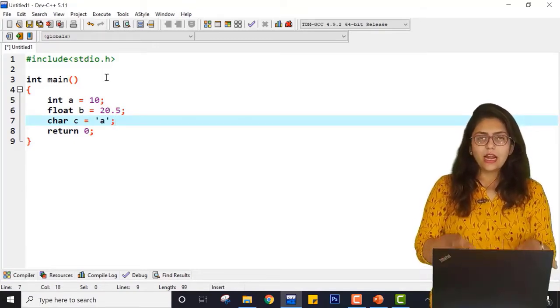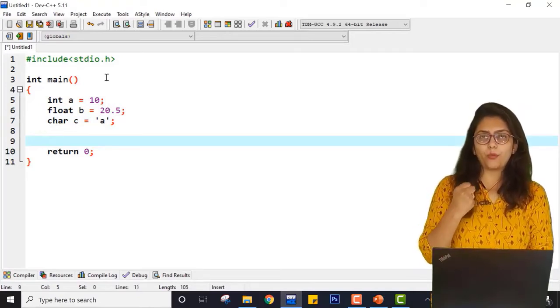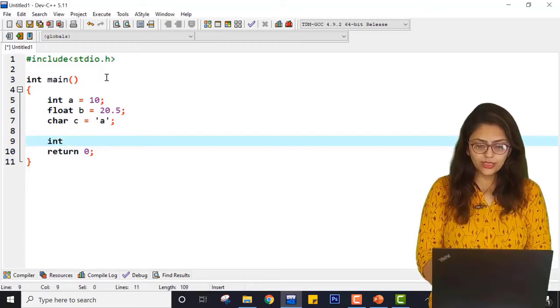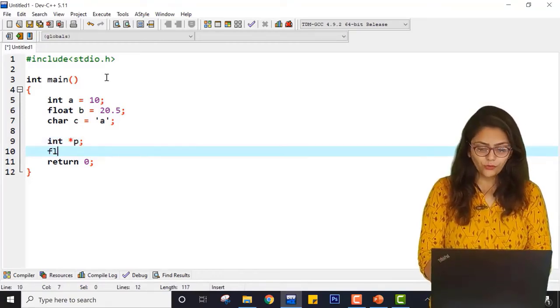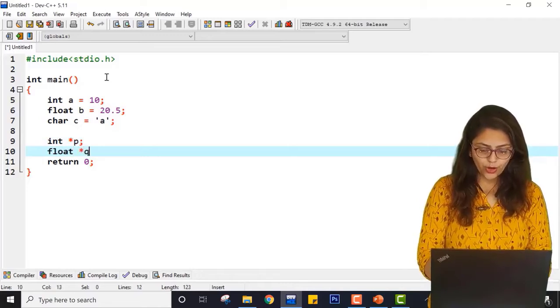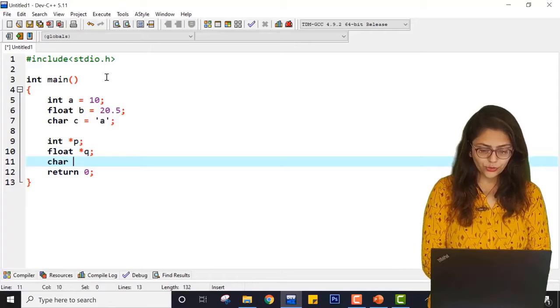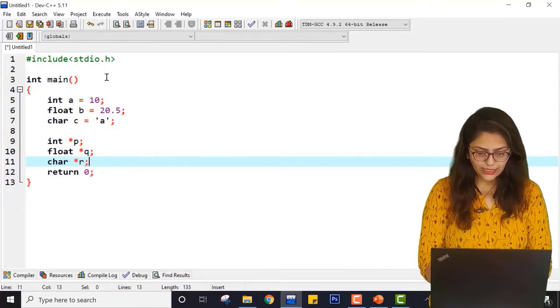So there are three variables. Now if I want to create a pointer that is pointing to some kind of variable, then the rule is: an integer pointer is used to point to integer values, a float pointer is used to point to float values, and a character pointer is used to point to characters, right?